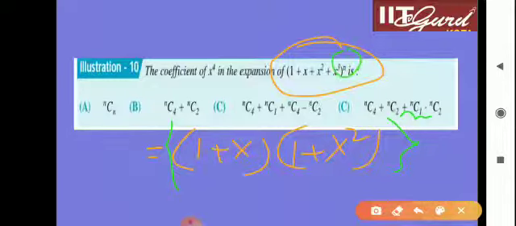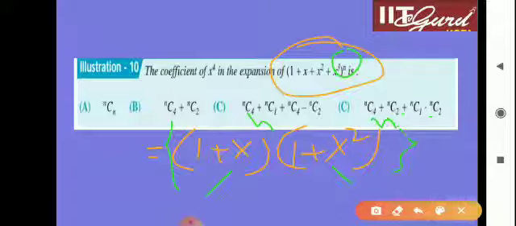It's okay. So you have to open this 1 plus x to the power n, and later on here, the power n comes to each and every bracket, to the power n here also, to the power n here also. Now open 1 plus x to the power n and 1 plus x square to the power n, those will be the two binomials. Okay, so you will get the coefficient of x to the power 4.